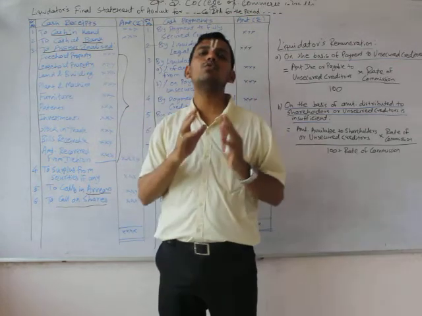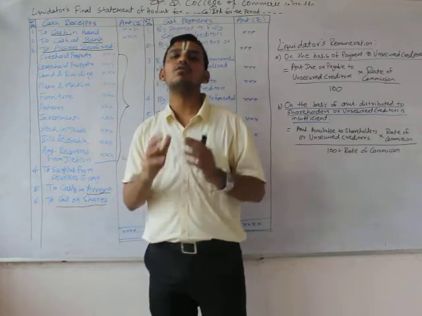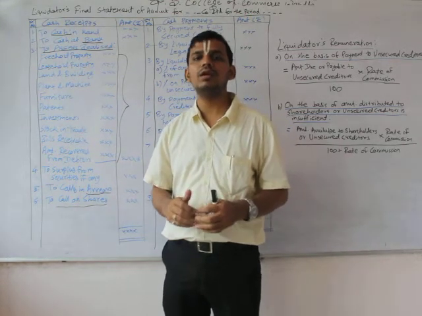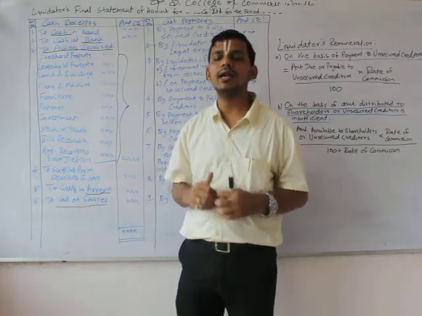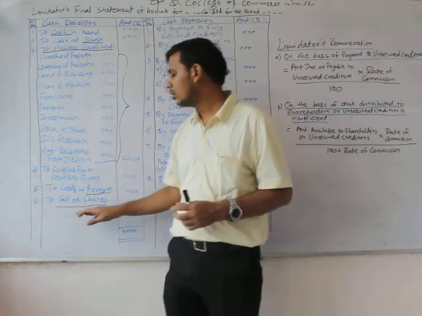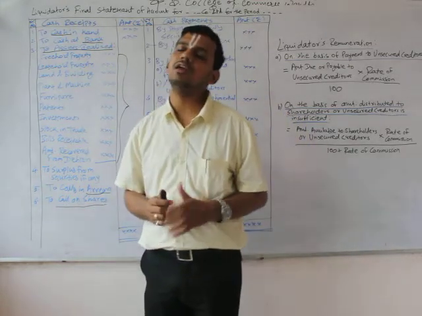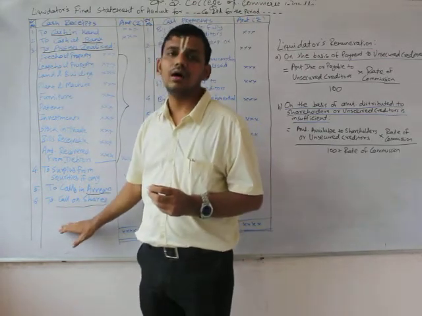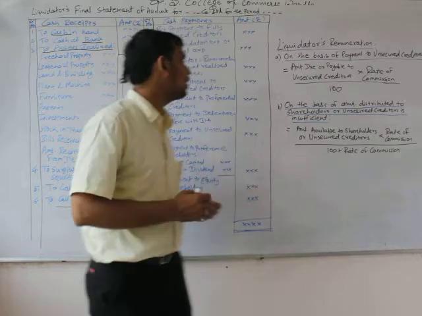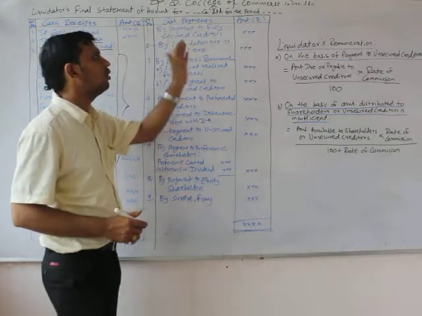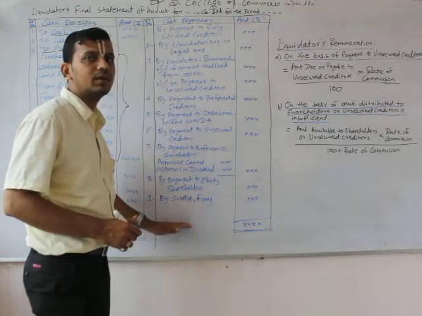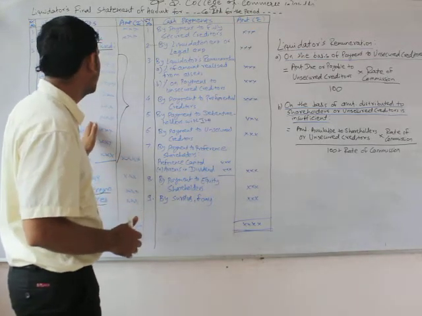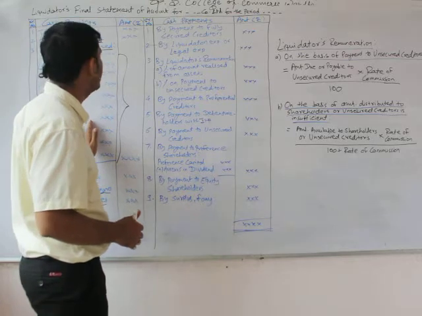The first two heads would be cash in hand and cash at bank, followed by assets realized, after that surplus on securities, then calls in arrears, and lastly call on shares, either equity or preference. Once we are done with the receipt side, now we can move to our payment side. The majority of adjustments are related to the payment side. Very few things are confusing or difficult on the side of cash receipts.